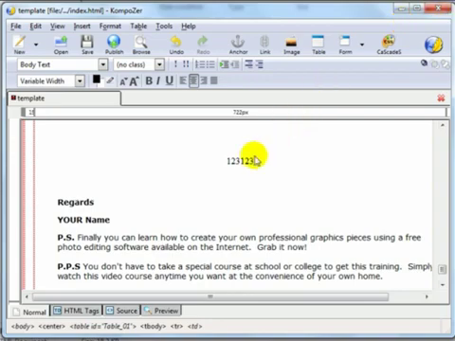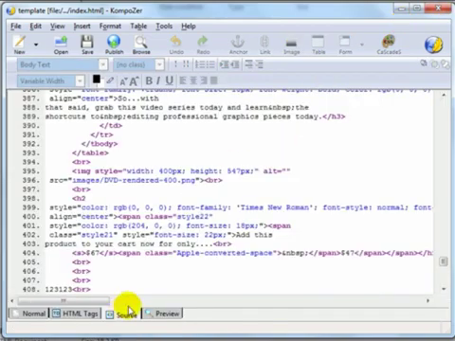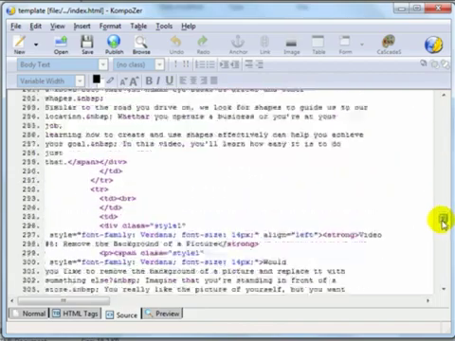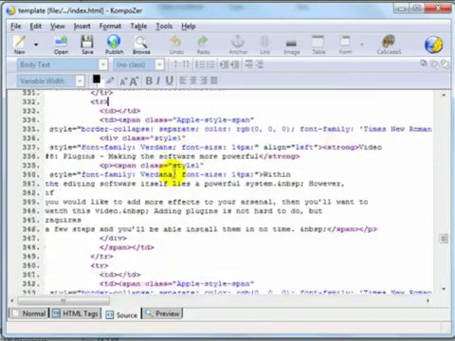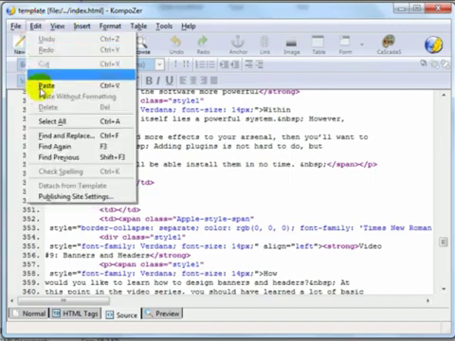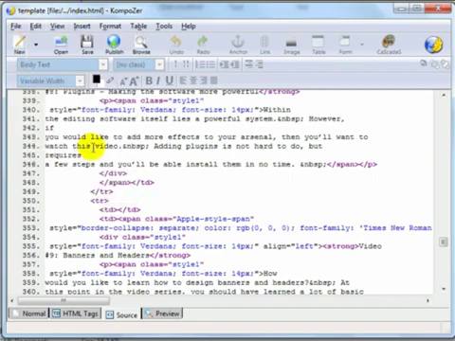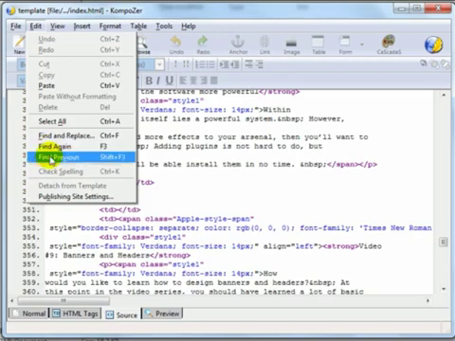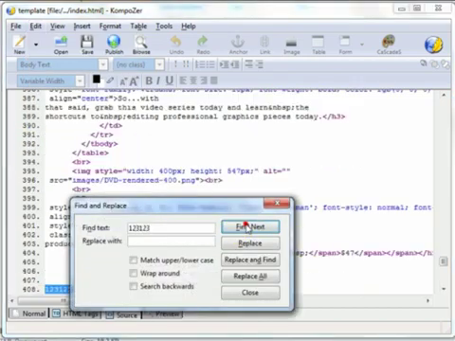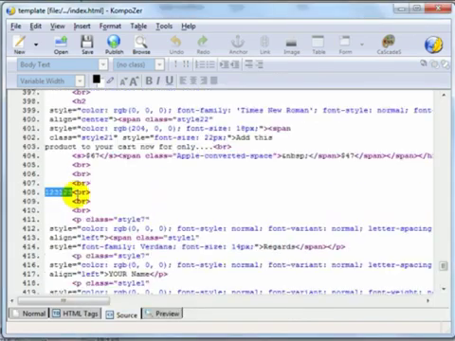Because after you do this, you're going to need to click on source, and you're going to notice that this is probably going to freak you out, but don't get freaked out yet, because even though this is code that you may not understand, all you have to do is click on edit and find 123, 123, and simply